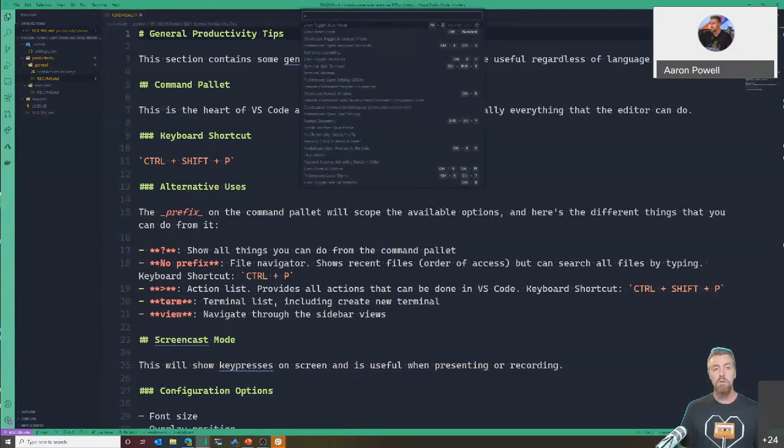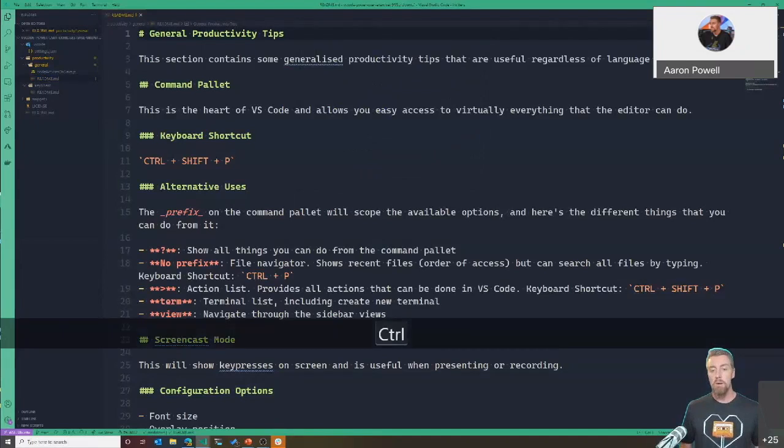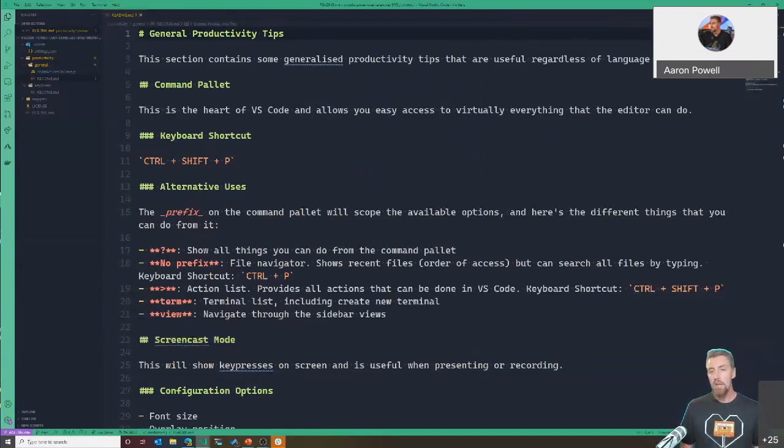I'm going to turn on something called screencast mode. Screencast mode is just going to make sure that the keyboard key presses that I'm doing pop up on screen. This way, well, you can't actually see the keyboard. I didn't set up a top-down camera angle so you could watch me. I'm not that hardcore a Twitch streamer to have that set up yet. But you still probably want to know the keyboard shortcuts that I'm pressing to achieve things.